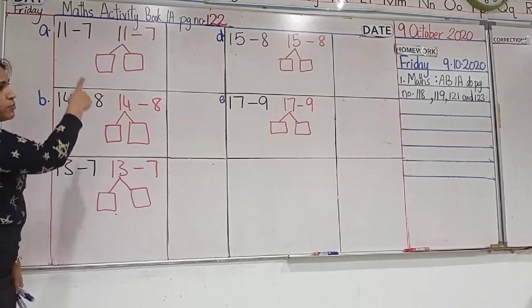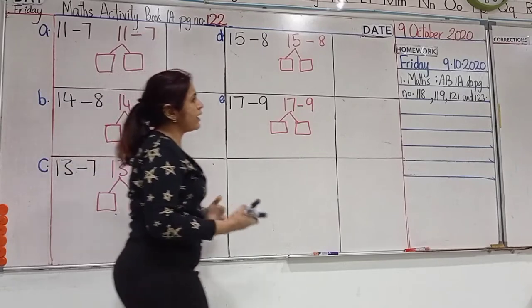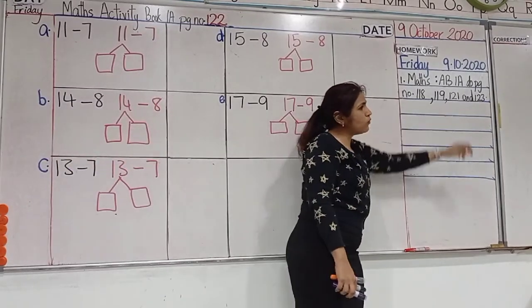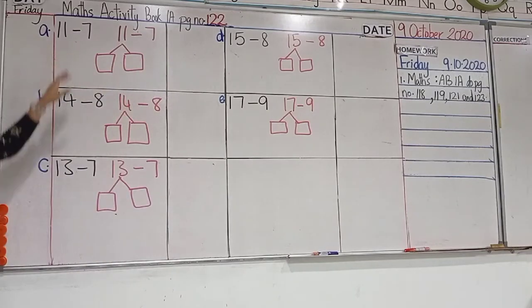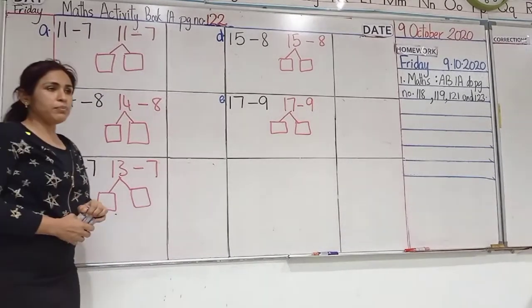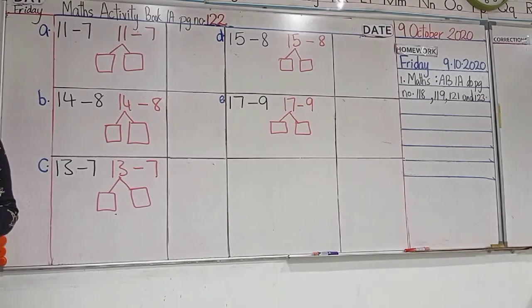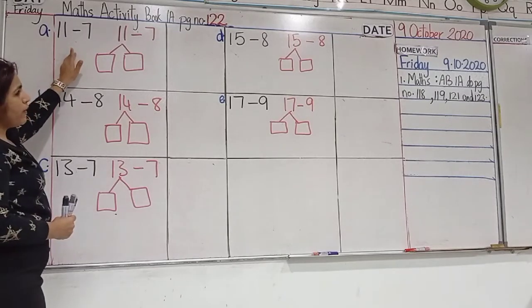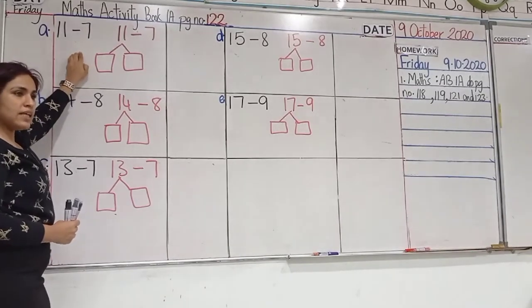Now let's go to page number 122 in the maths activity book, because 121 is for homework. Let's go to 122. Here also we have the same. Can you all read the heading please? Read the instruction. Complete the subtraction equation. Now here, if you look very carefully, you have 11 minus 7, almost the same